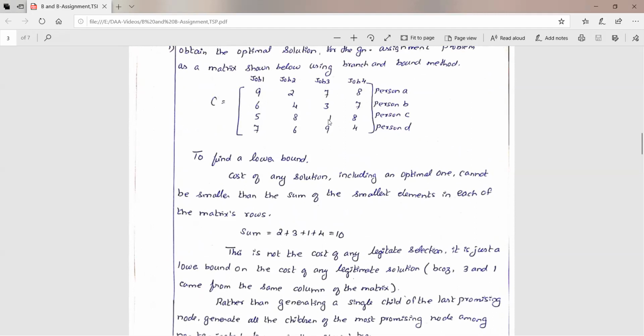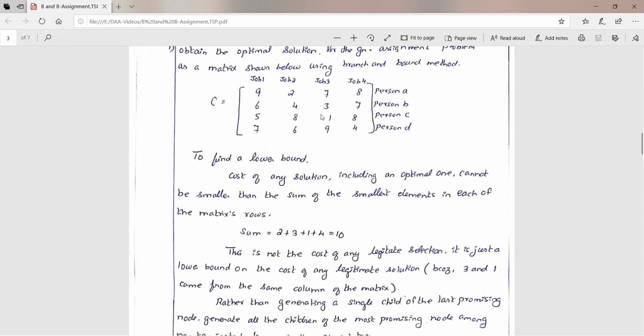So in this row it will be 1. So here in the fourth row we have to consider the least value. If you are taking this, already the fourth job is fixed to the person B. So don't consider this 4. Again, you come to the next lowest value. This will be 6. Already the job 2 is fixed for the person A. So now don't consider this. Now you come to the next lowest value, that is 7.